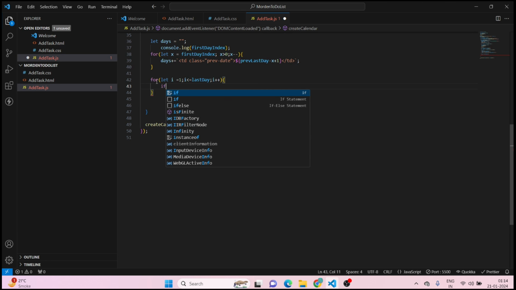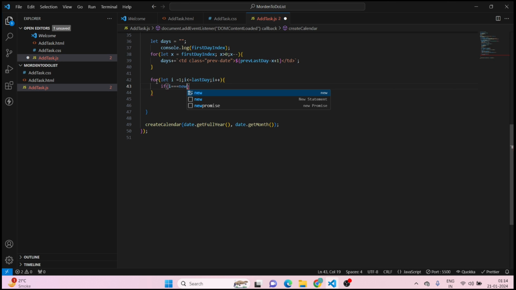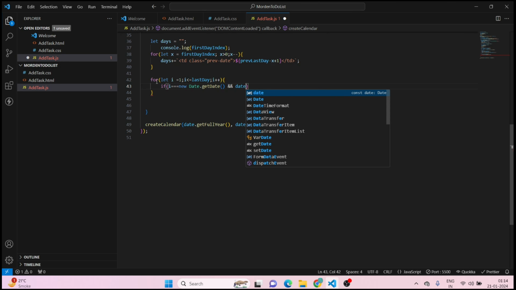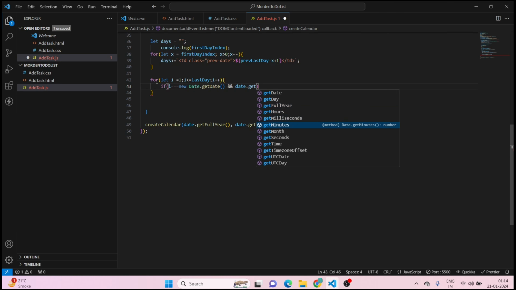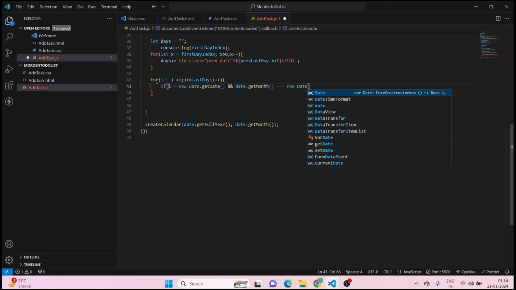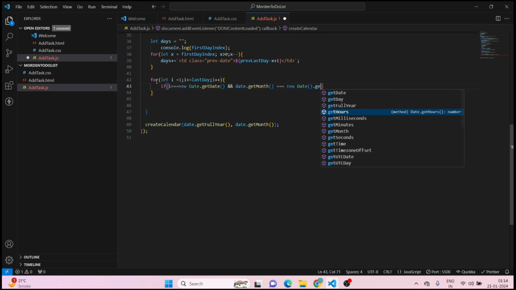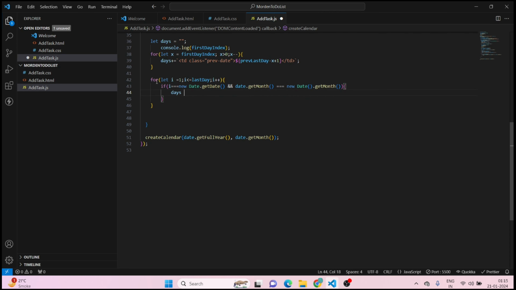This will have an if condition. If i is equal to new Date().getDate() and date.getMonth() is equal to new Date().getMonth(), then days.concat